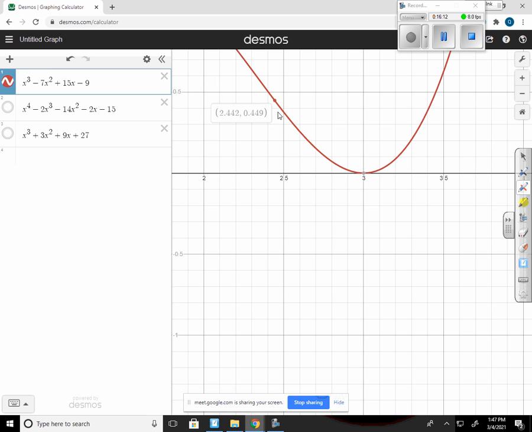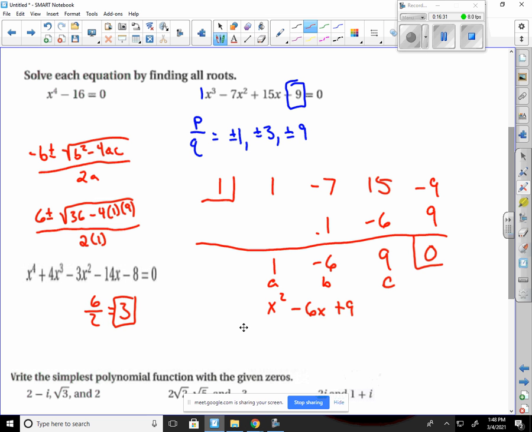And if it comes down and touches the x-axis and goes back up, then that means it's got a multiplicity of 2. So we only found 2 roots, but this has a multiplicity of 2 because it doesn't cross over the x-axis, which means that our 3 roots are actually,